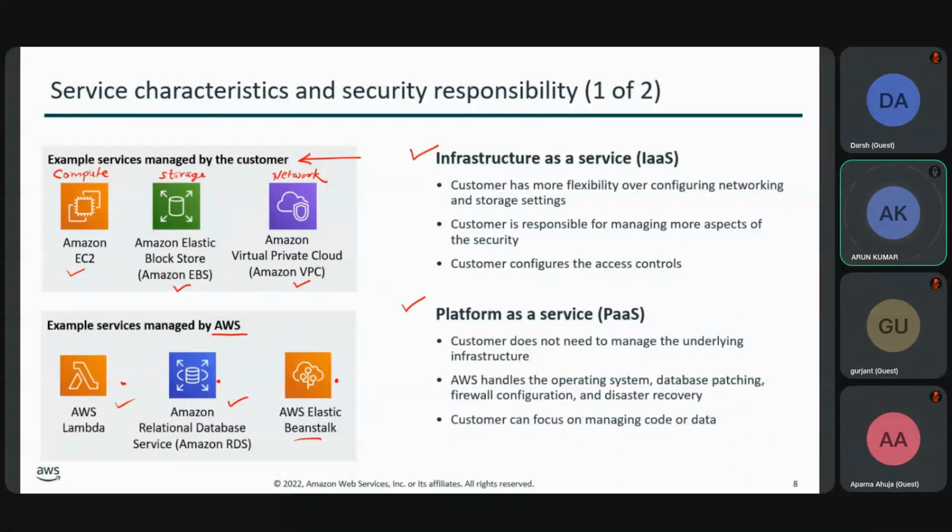So in infrastructure, we are getting the resources, and we need to look after the security configurations, networking configurations, and storage configurations. That is known as a bare metal service, meaning a very core service, and it is also called infrastructure as a service. And if we talk about platform as a service, security